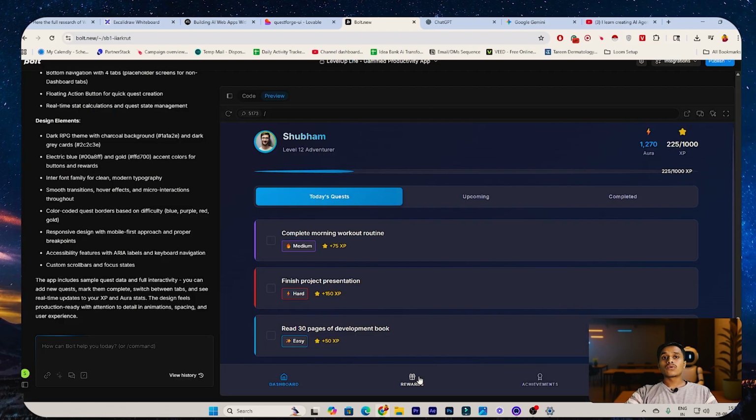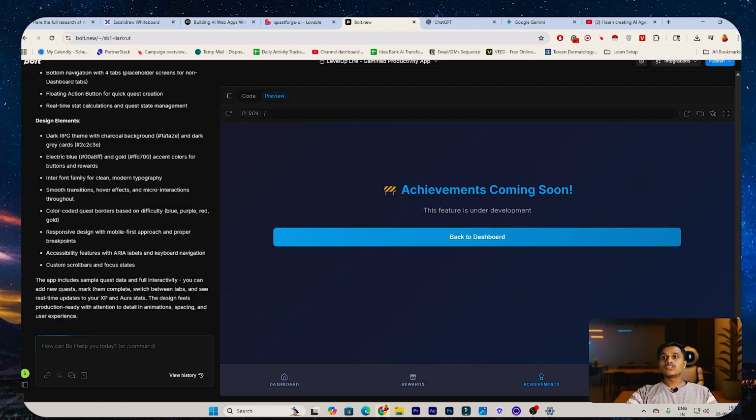Right now we want to activate all the reward, achievement and profile sections. So now let's focus on the reward section. Here I want to describe what we want in the reward section. So I just type in: the reward section should include a mystery gift, which is the main attraction and main gift,